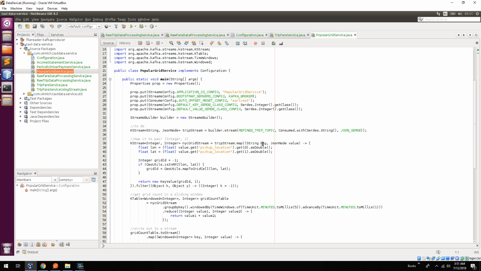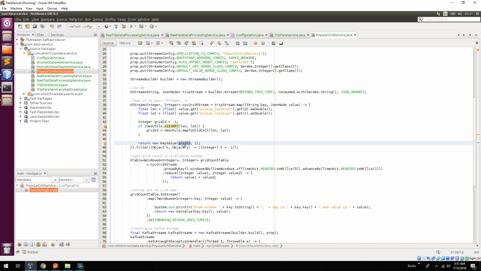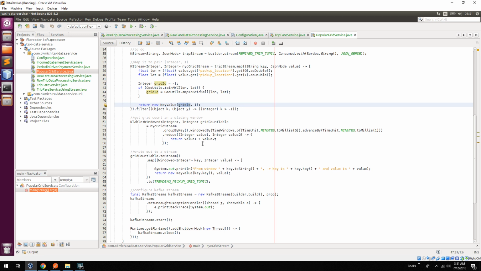And you would see we read data from the refined trip topic, and we've got a service that maps New York City into grids. So we're trying to know which grid in the city is a hotspot. And we get that value. And once we establish that it's in New York City, the grid ID becomes the new key for this use case. So it's no longer the driver ID, the time and drop off. No, it's now the grid ID that becomes the new key. And we do a group by key on the streams